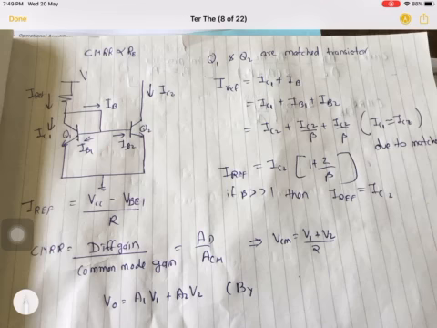This is one circuit. Now in this circuit, Q1 and Q2 are matched transistors. Matched transistors means they are identical transistors. And Q1 is shorted from base to collector, so it is behaving like a diode. This is an NPN transistor. This PN junction behaves like a diode, and this will become a short circuit.